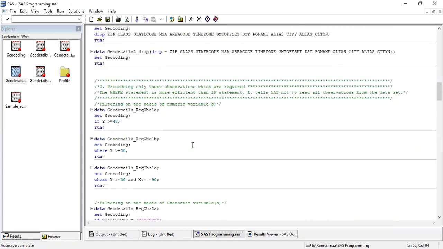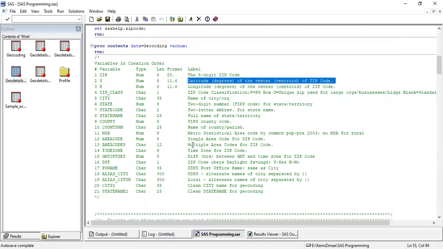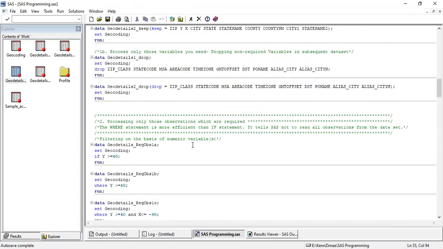Now let's say the only problem statement which has come to you is, hey, I need complete geocoding data only for those regions where latitude is greater than 40. So this is a data set unique on the zip. We need the data for zip codes where my latitude is greater than 40.